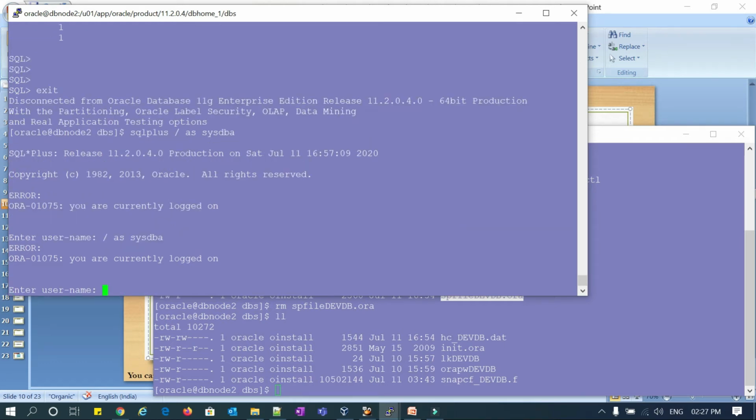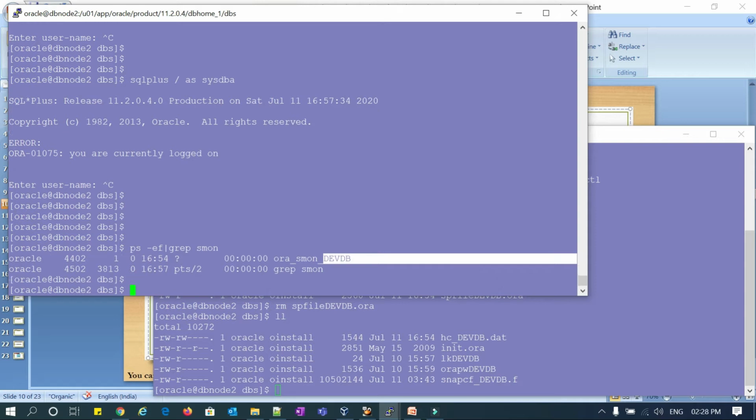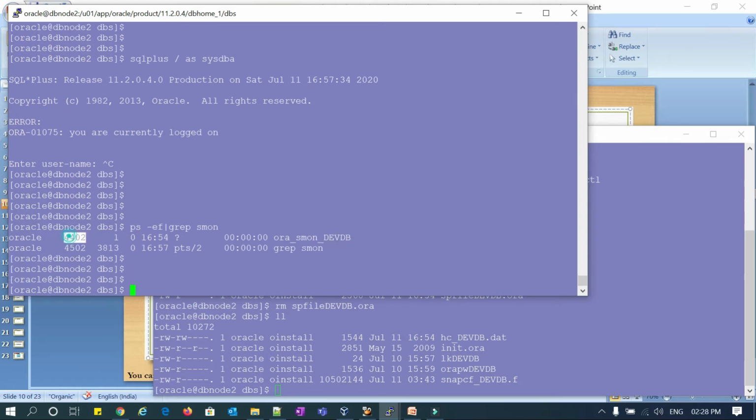It will not allow because everything is down. You will not be able to connect because all data files are lost. Your instance says it's running, but you will not be able to connect. Your system, sysaux, all data files, user data files, control files, everything is lost. So what I'll do, I'll directly kill this one.